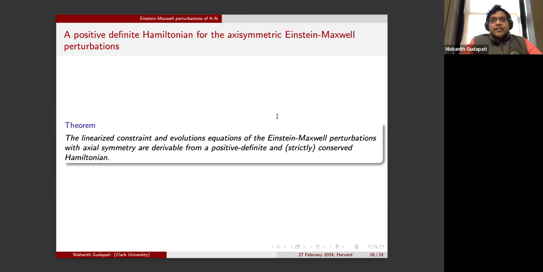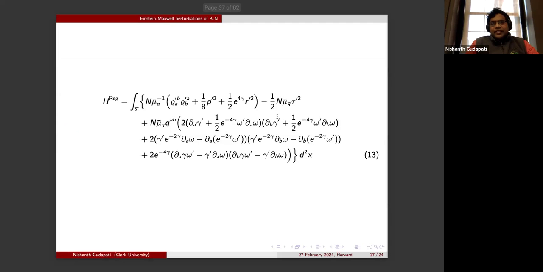Okay, so these results can also be extended for the Einstein equations of Kerr spacetime, actually symmetric Einstein perturbations of Kerr black hole spacetimes. In fact, you can also extend that for Einstein-Maxwell perturbations of Kerr-Newman spacetimes, and that is what I stated here. Okay, and the energy for the Einstein perturbations I just showed there is for the pure vacuum Einstein perturbations of Kerr black hole spacetimes.